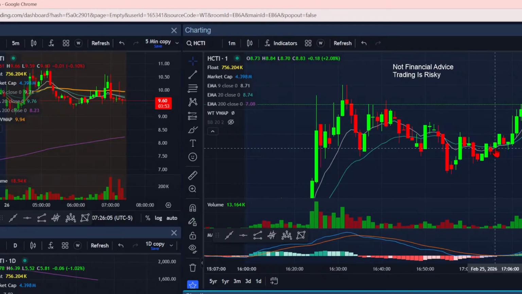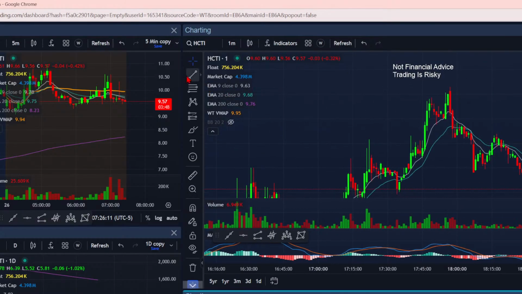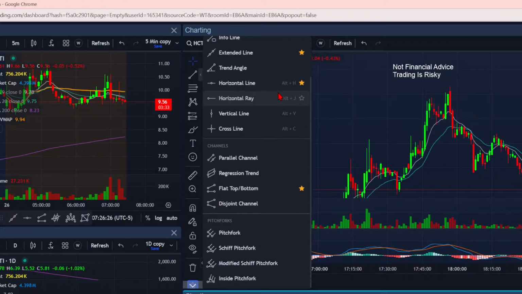And then, so these are the tools on the left on the charts. You have a lot of things if people like drawing or doing things like that. I don't really do that. I do use lines though. Channels,